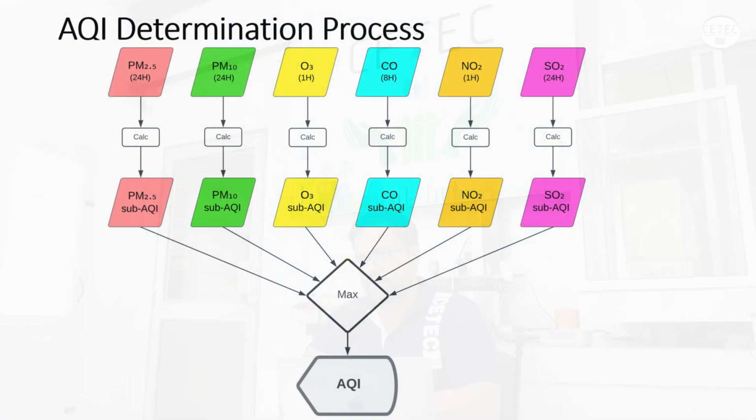So after getting these values, we calculate the sub AQI for each of these pollutants, and out of these sub AQIs we choose the maximum sub AQI value, and that is considered as the AQI value. When we are determining this AQI, at least one particulate matter concentration shall be present to get the AQI. So at least PM 2.5 or PM 10 should be there when we are calculating the AQI, and the AQI value is rounded to the nearest integer when publishing, and